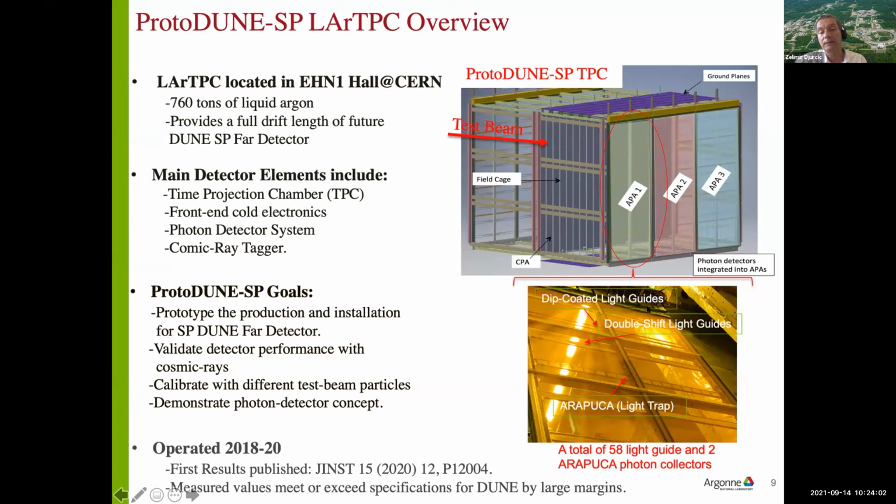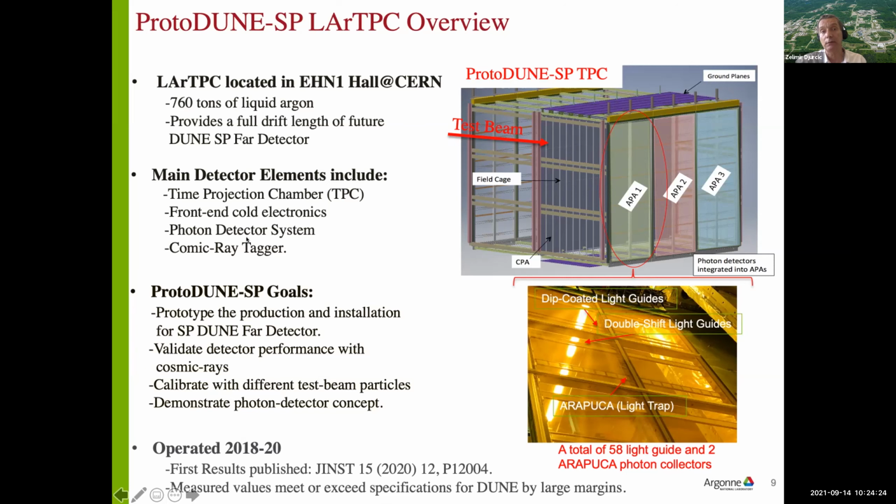These are our light collectors. The techniques we used include X-ARAPUCA. Here is an example of an X-ARAPUCA type bar. And then two other bars that we explored in this prototyping phase are so-called double shift light guide and the dip coated light guide. So with all of this, we had a time projection chamber, we had a photon detector system, and